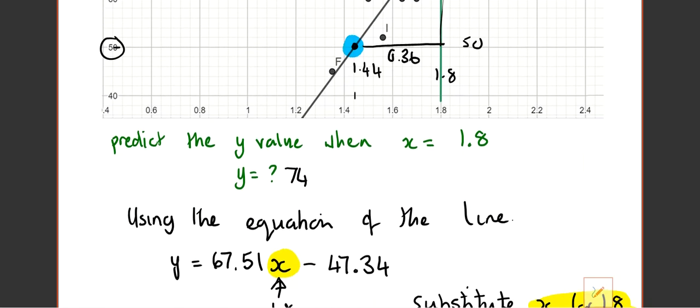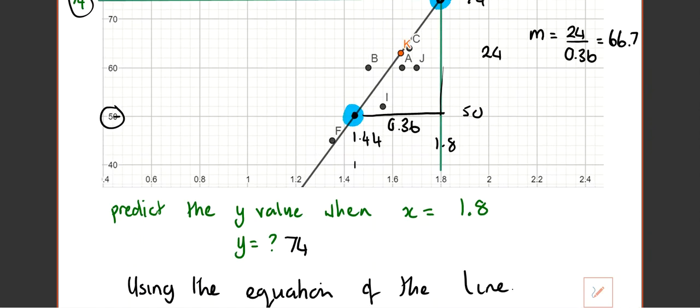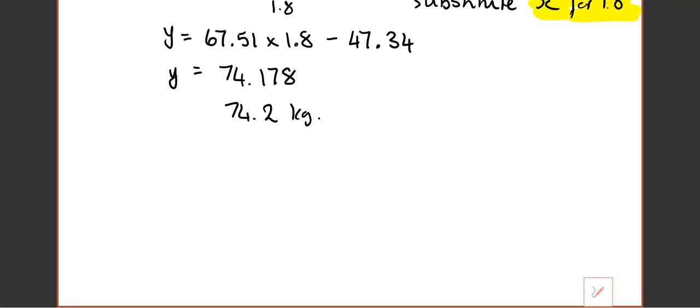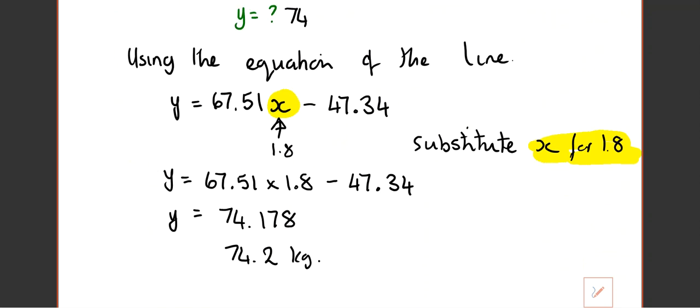Well, look at the equation we actually got. 67.51. We're slightly off because trying to read off, it's probably not quite 1.44. But we're not far away, are we? So that's how you would do it if you didn't have your computer. We'll probably have to do more practice. But moving forwards, all I really want you to be able to do is find the equation using technology and then use the equation to make your predictions and then be able to discuss the reliability of that